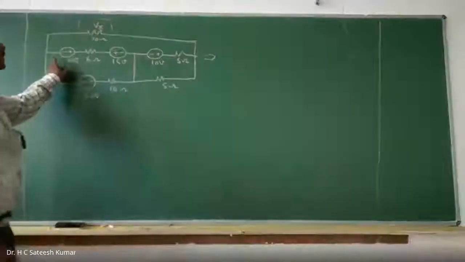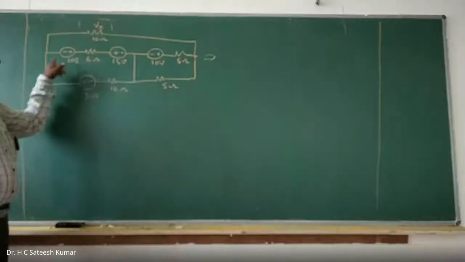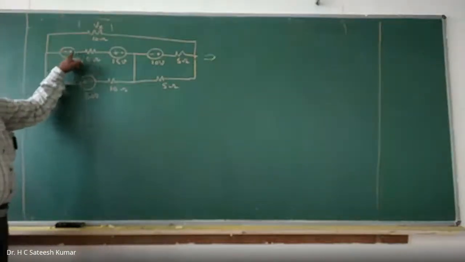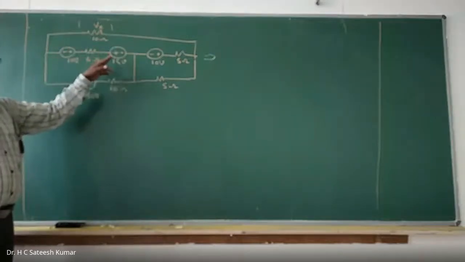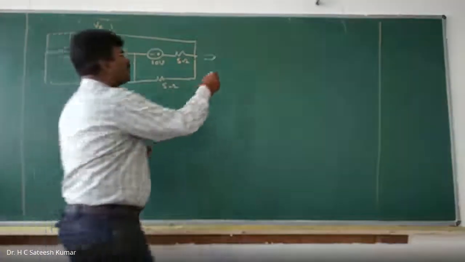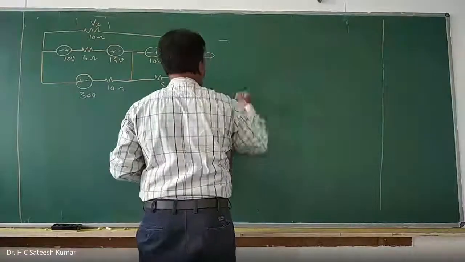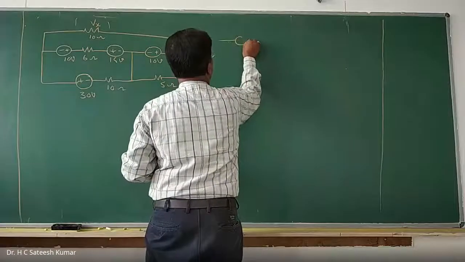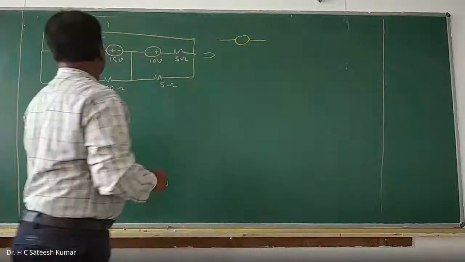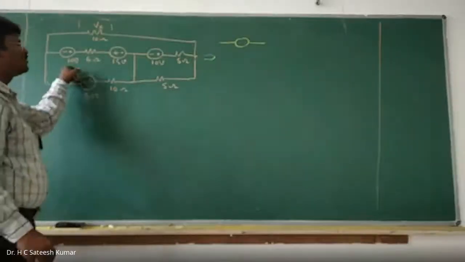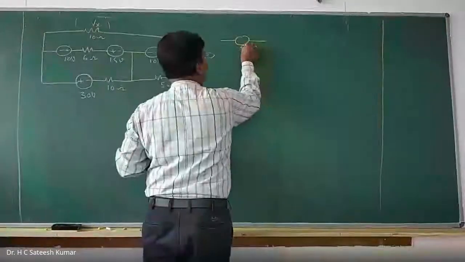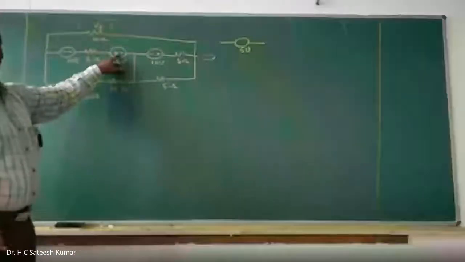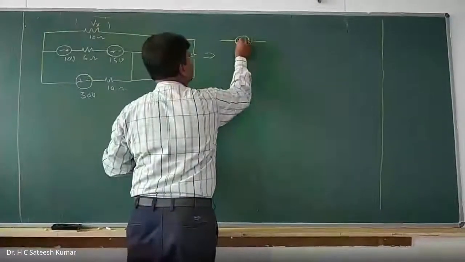Now, here, two voltage sources are in series, minus, plus, and plus, minus. Two sources in series, what should you do? Opposite polarity means you have to subtract. So we are going to get a single source, and you should take the difference. 15 minus 10, 5 volts. And the polarity is that of the bigger one, which is plus, minus. Therefore, I am going to write plus, minus.